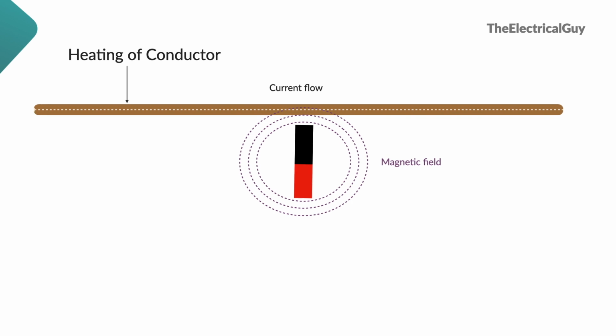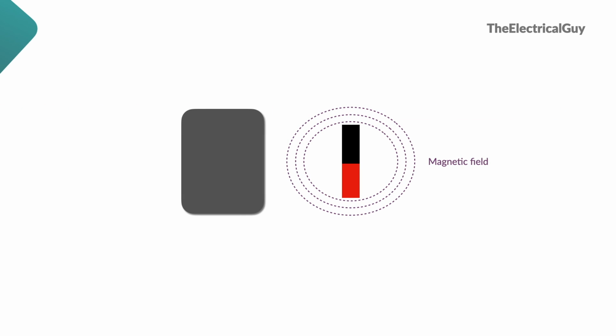Now, let's say instead of a conductor, a solid metal plate is there. The magnet is still rotating and hence a voltage will be induced in the plate as per Faraday's law. Since my plate is conducting, the induced voltage will circulate the current within the plate. Again, I have no intention to make any current flow through this metal plate, but the current is flowing. This induced current swirls back and forth inside the plate. This current is called eddy current.